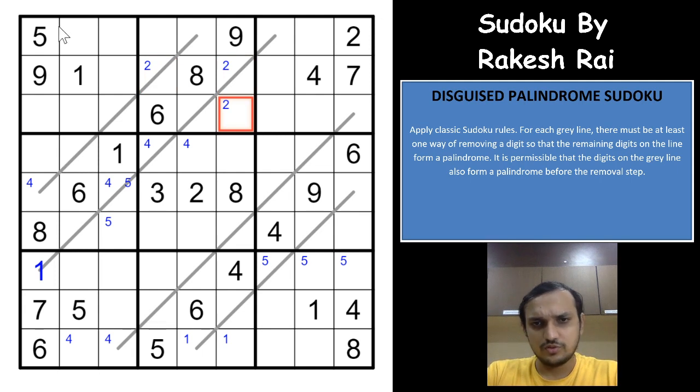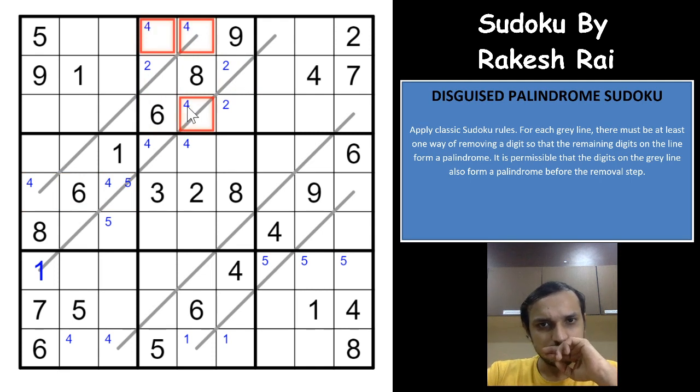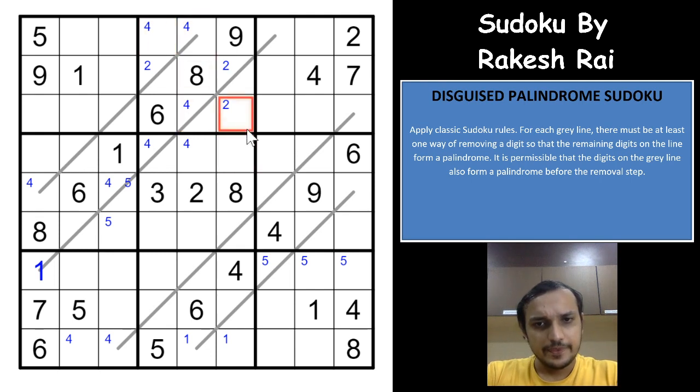Nothing much with the 2's because you don't have very many 2's here. You have only a single 3, and then you have some of the 4's here. 4's have been placed here, 4's have been placed here. 4 has to be in one of these 3 cells, right? Sorry. Yeah, 4 would have to be in one of these 3 cells. Okay, and nothing here. Let's start with the 5. 5 would have to be in one of these 2 cells. Okay, nothing with the 5's here again. 5 would have to be in one of these 3 cells.